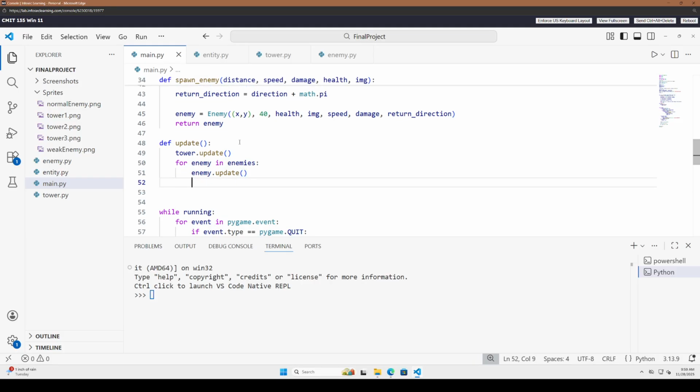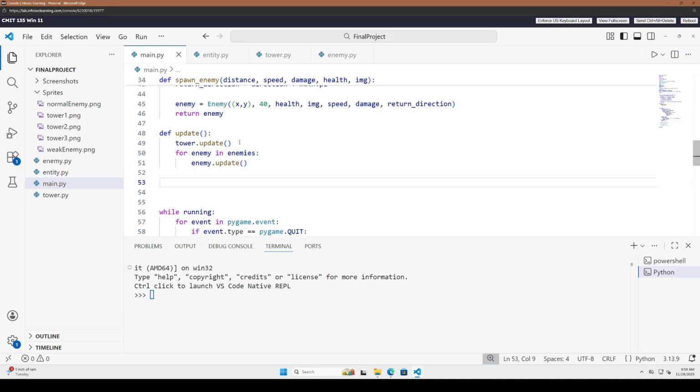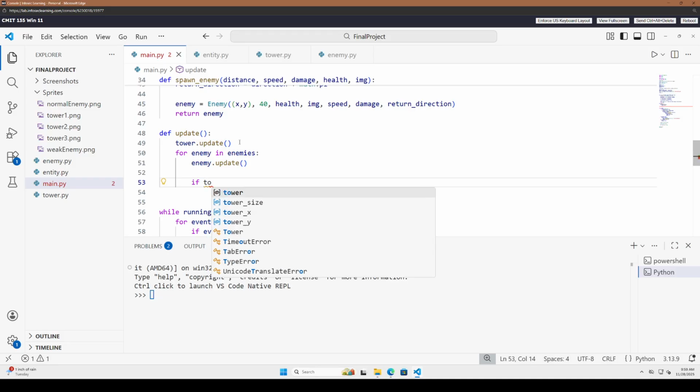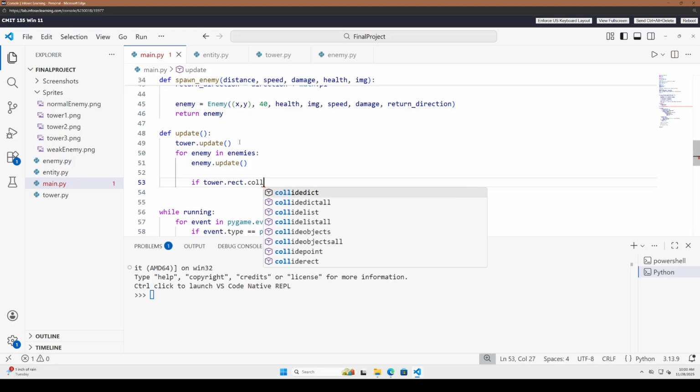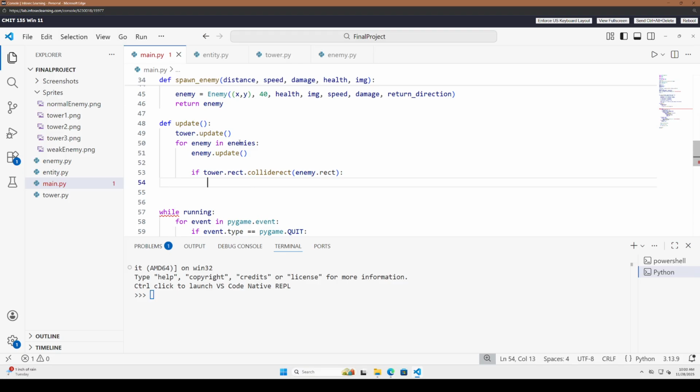Now we can check if the tower touches the enemy. So tower.rect.colliderect is going to be the method for this, and we're checking if it's colliding with the enemy.rect. If this is true, then tower.health is now going to be subtracted by, well, actually, I have a method for this, take damage. It's going to take the amount of damage